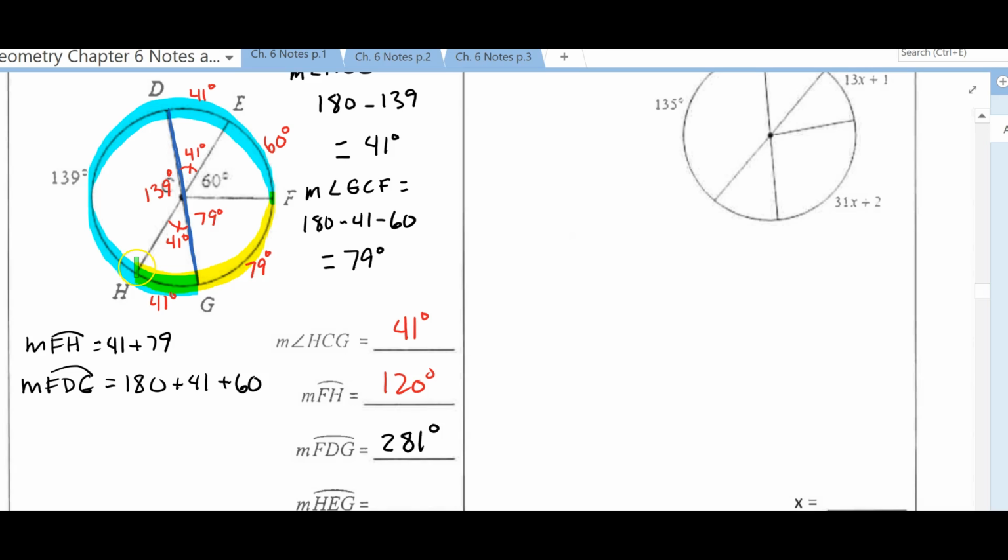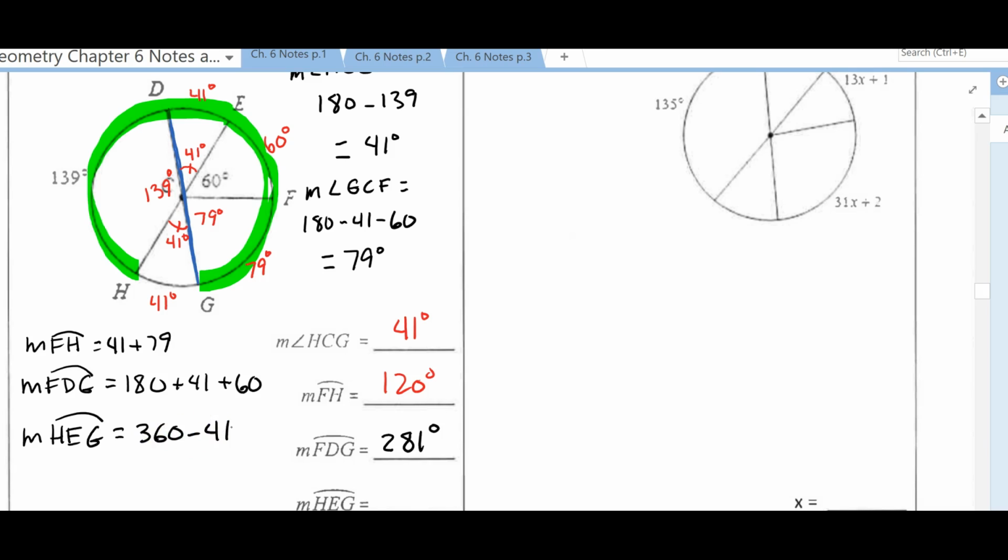So starting at H, going all the way around through E over to, oops, I missed there. Let's start that over. Let's get rid of these other ones here. So from H through E, so notice I have 180 already, all the way to G. So again, I can see I've got the whole circle except for that 41 degrees. So the measure of arc HEG is going to be the whole circle, 360, less the 41 degrees, and that should give us